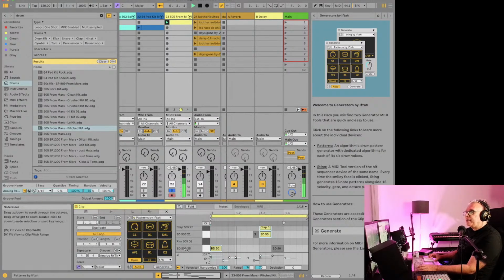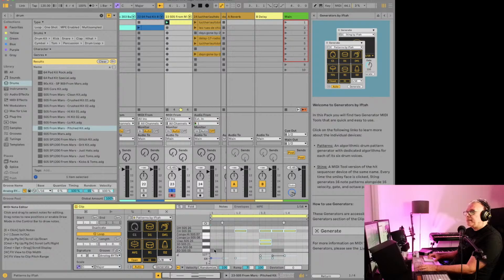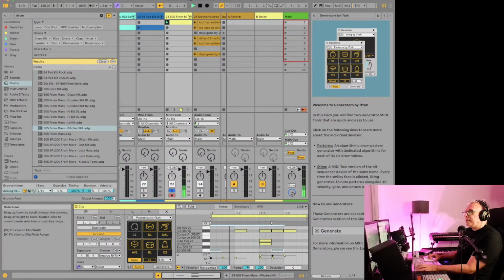But if we take this bass drum here, what I thought at the beginning is that if we remove this, then it will mute the bass drum, but it doesn't. This doesn't mute the kick. It's just that when we generate it, it'll generate everything else but leave the kick as is here. But if you click on whichever drum you want and press 0, then it'll remove it. So this here is a little bit more workable,